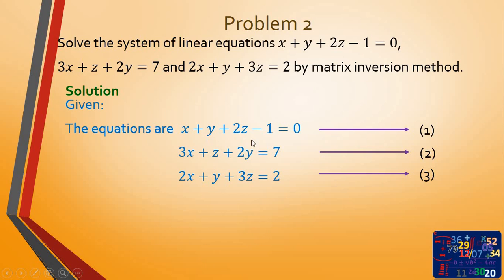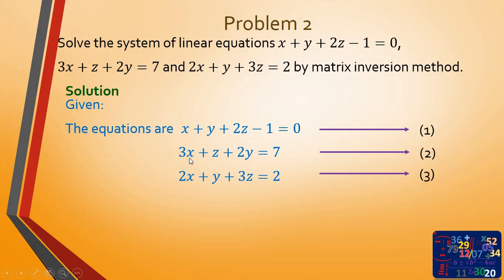Now we want to note one thing here. Check whether these equations are in standard form or not. These are not in standard form. See here. Here first x term, then y term, then z term, then equal to sign should come. Then the constant should be on the right hand side. It is not so. So that means this minus 1 we want to take it to the other side.